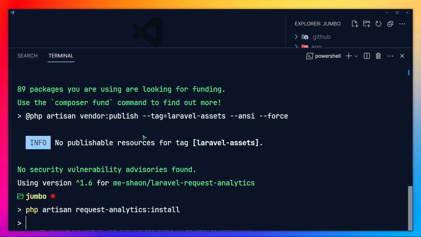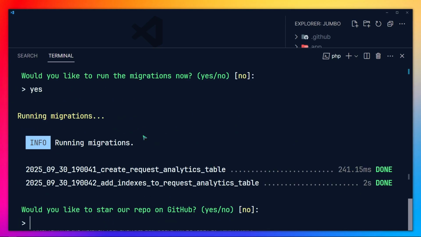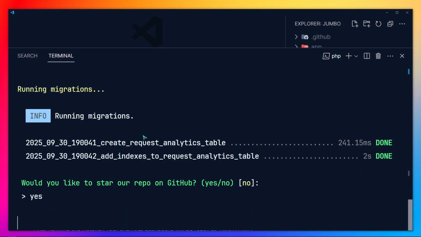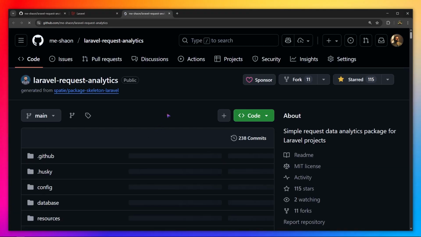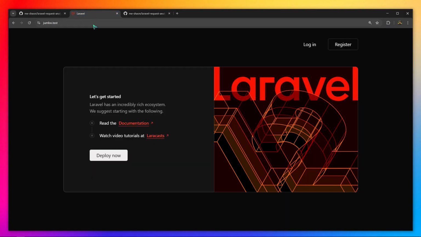Now let's do it. It's gonna ask us some questions like, would you like to run the migrations or not? I'm gonna stick with the yes option. And now it also asks, would you like to star our repo on GitHub? I'm gonna stick to yes for now, and this will take us to the GitHub repository, and you can find more information in there. And now you can visit the route called analytics to display the Request Analytics dashboard of